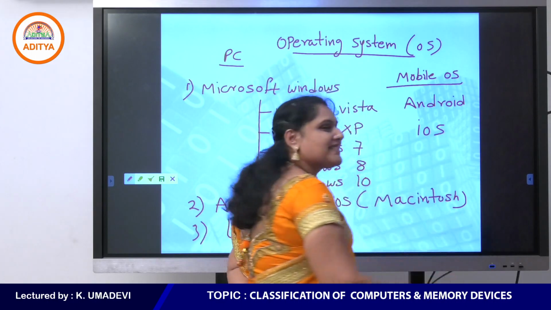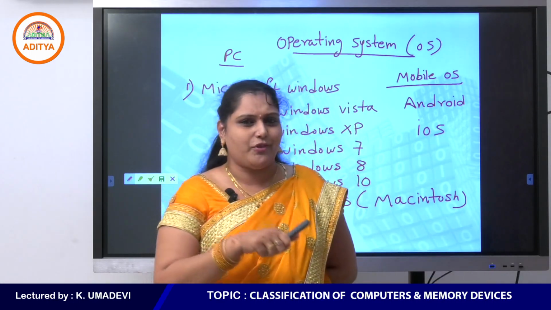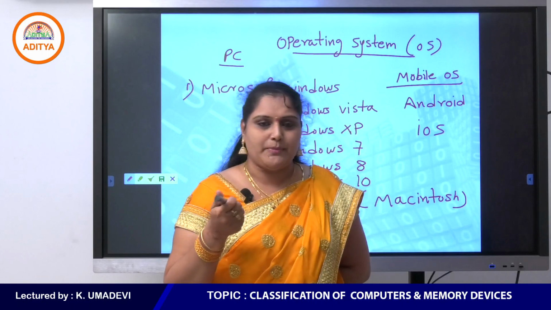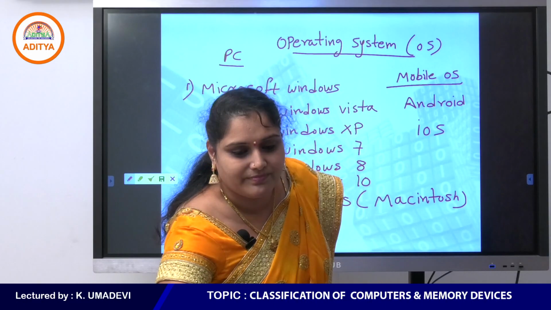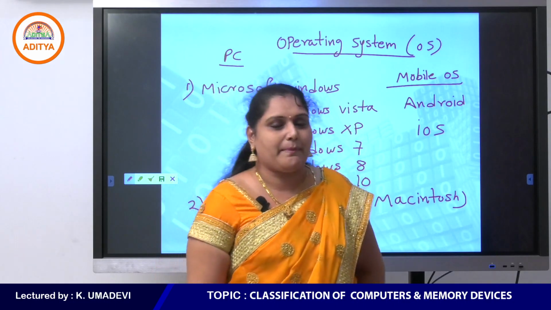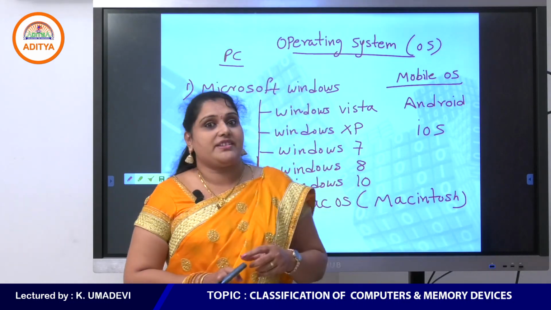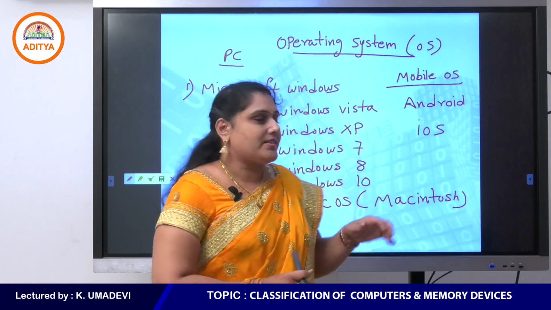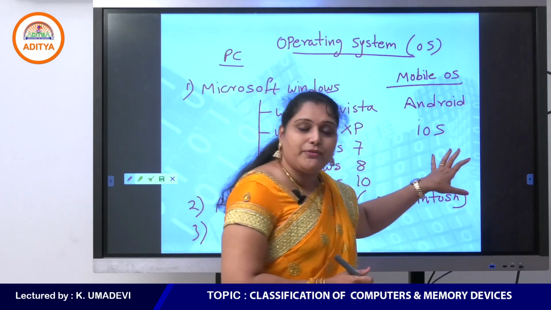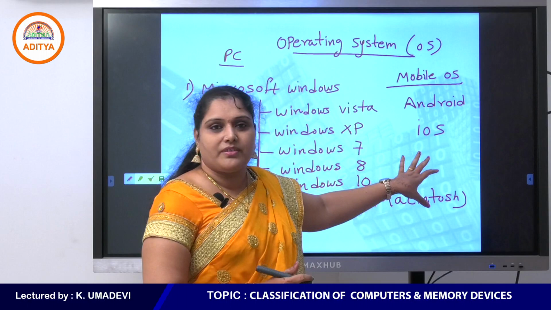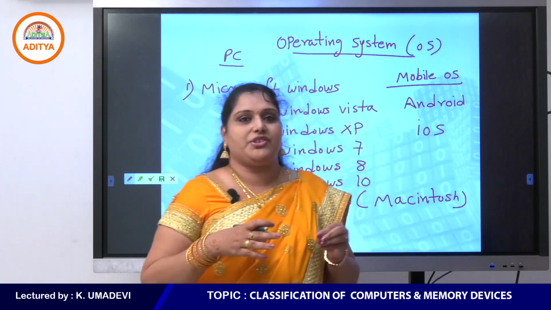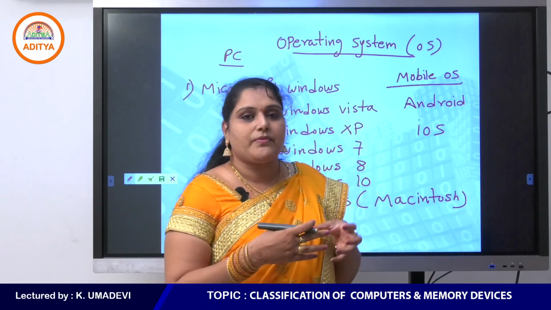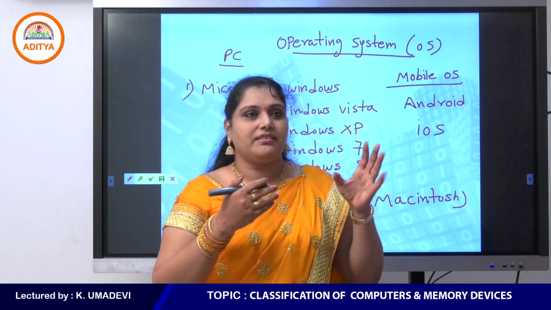So what is iOS? iOS is used in all types of mobiles. iOS, very good. Yes, BlackBerry OS. Next, iOS, iPhone operating system. So iOS is specially designed for Apple's products. That means in Apple phones, the iOS operating system is used. So these are some of the operating systems which are used in mobiles.